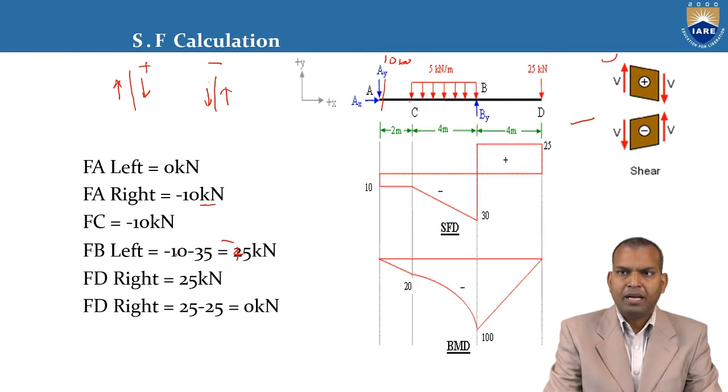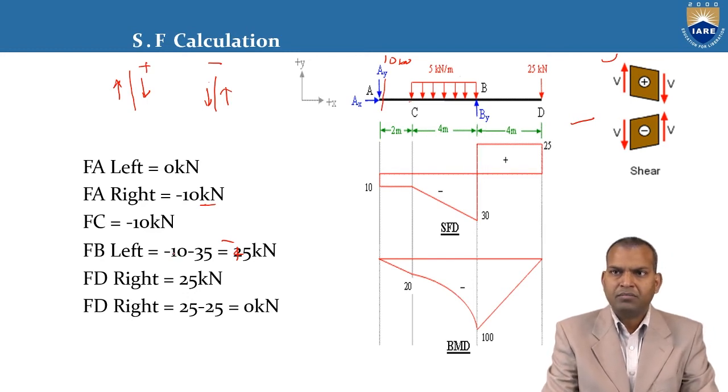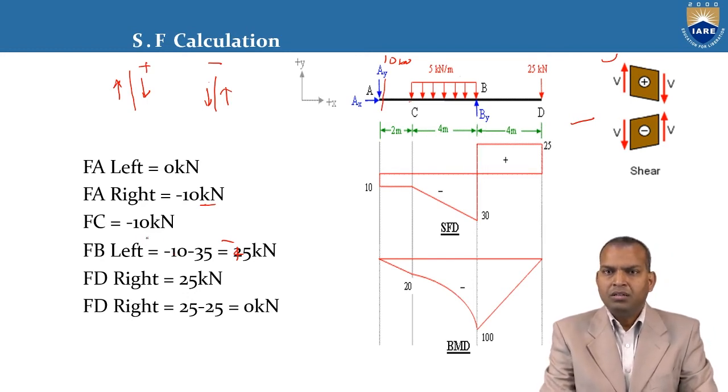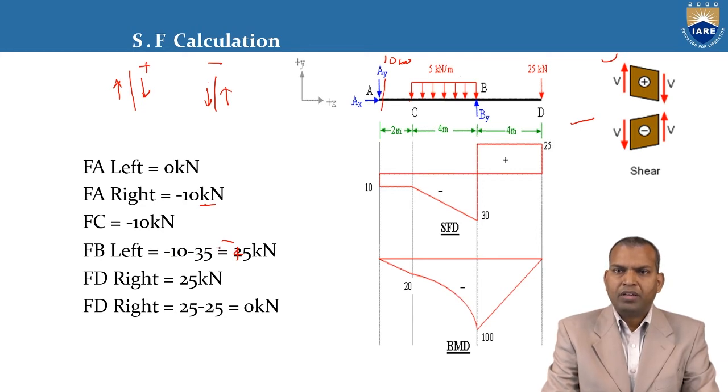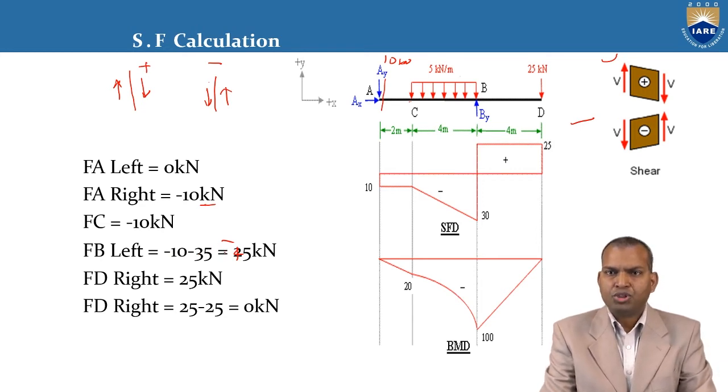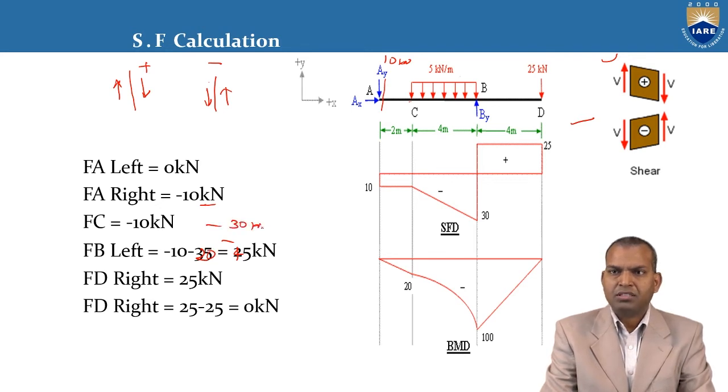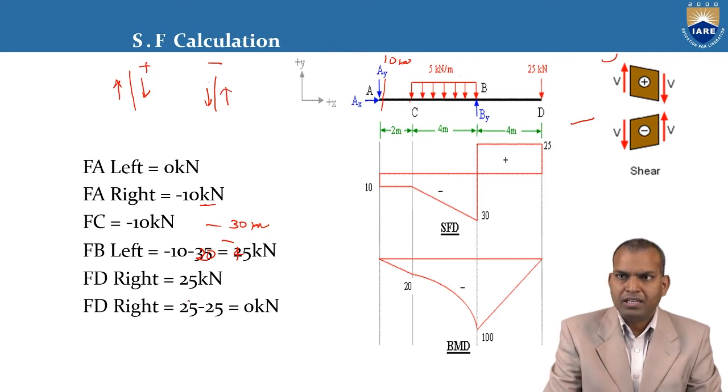Now minus 10 minus 5, minus 10 minus 5 into 4, minus 10 minus 5 into 5 into 4 is 20, minus 20. Then what happens? That is minus 30 kilonewtons. Okay, minus 30 kilonewtons. Now here, for FD right, if you go to FD right, this is the left side and